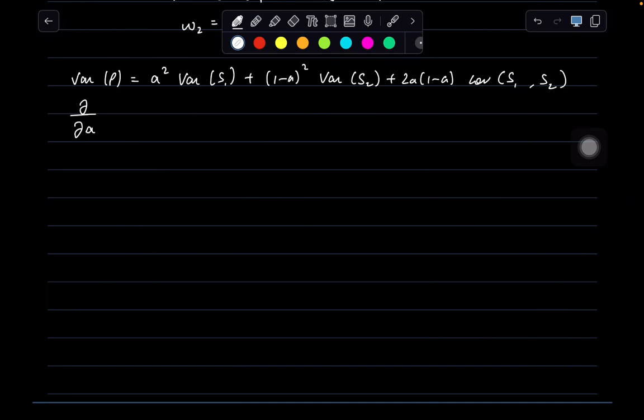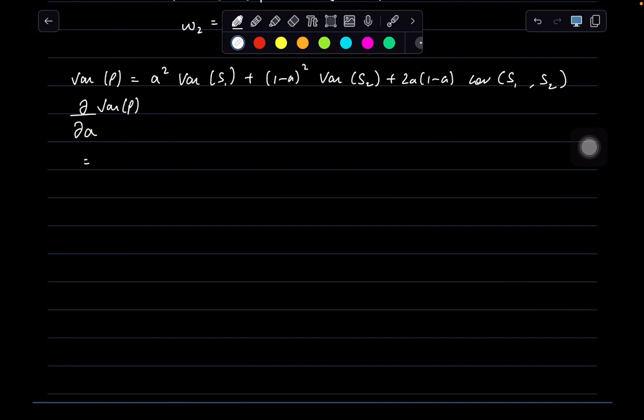So we are effectively just differentiating the variance of the portfolio with respect to a. So effectively we are just trying to differentiate this function. So now we are just going to do some pretty standard differentiation. That's going to give us 2a variance of s1